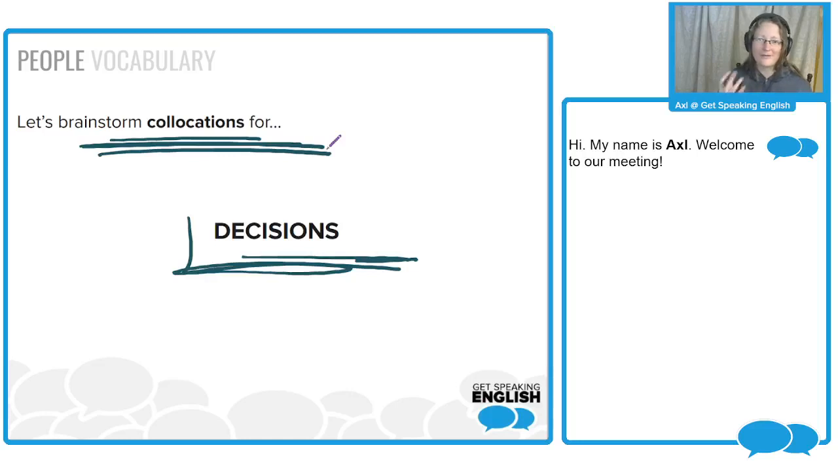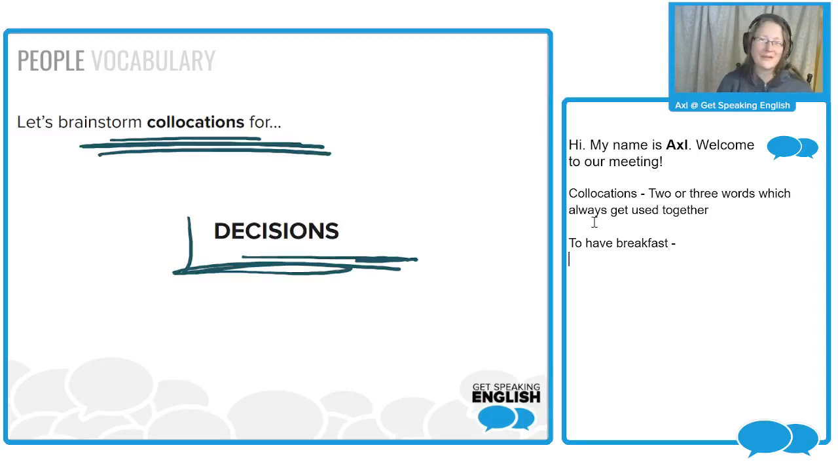collocations for decisions. A collocation, as we know, is basically two or three words that always get used together. An example of an English collocation might be that we say to have breakfast, instead of to do breakfast or make breakfast like you might in some other languages. Or, for example, we say to miss the bus instead of to lose the bus. So, decisions, for example,